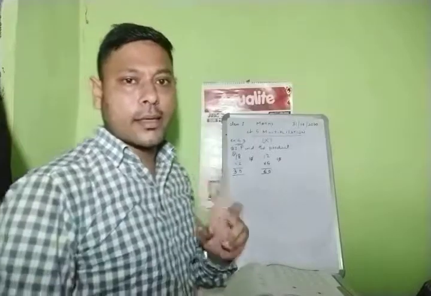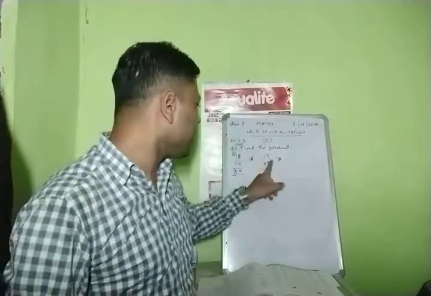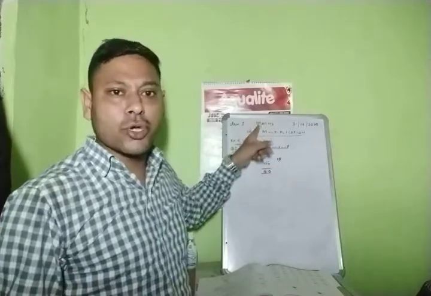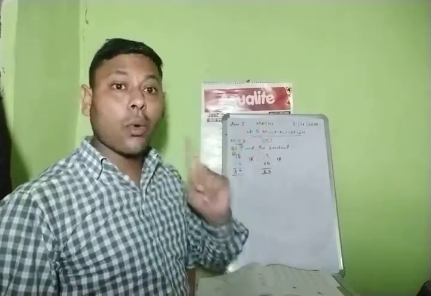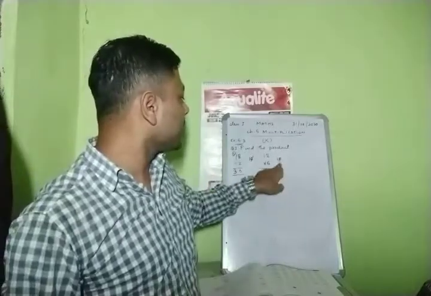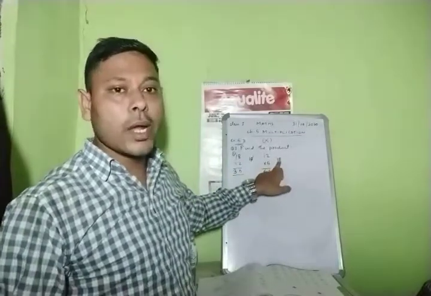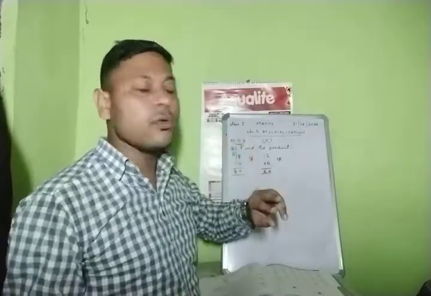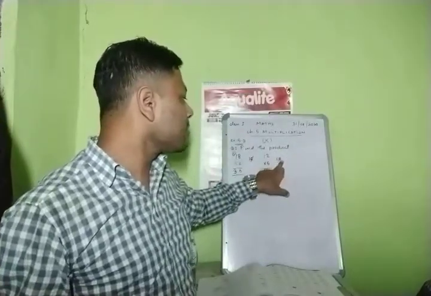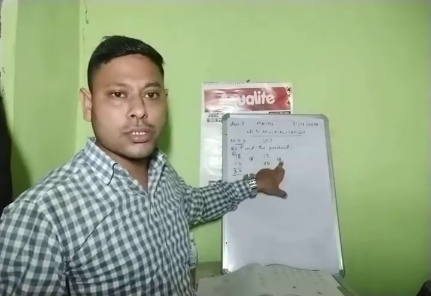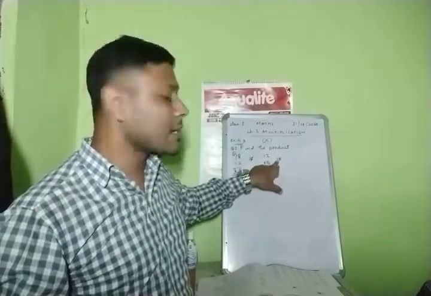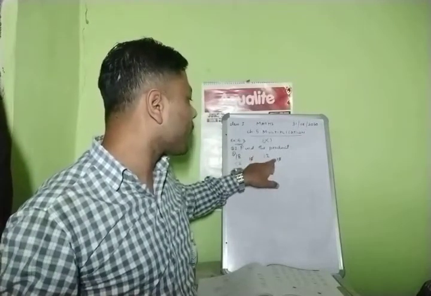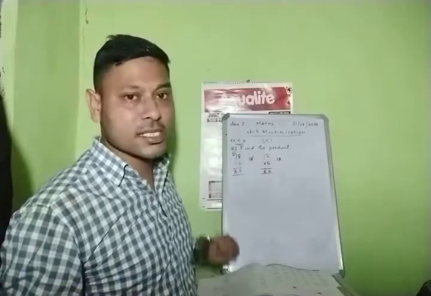Understood children? See here very carefully. 5 2s are how much did you get? 10. Now in the previous questions, we got only one number. No. Now see here we are getting two numbers. When we get one number, there is no need to carry, you just write it here. But when you get two numbers like this, the first number you write here, then you cross it, cut it. Then whatever is left, that you have to carry. Then 5 into 1. 5 1s are 5 and 1 was there, so 5 plus 1, 6.